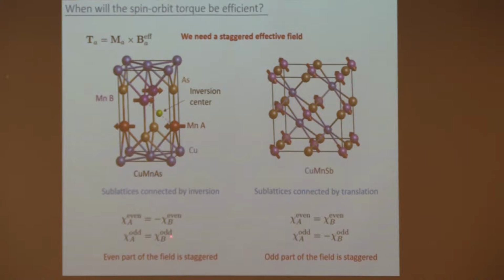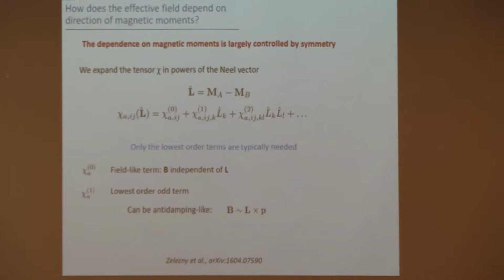And I will talk more about how the even and odd part typically look, but you already see that this is quite different from ferromagnets, because in ferromagnets you would have both of these contributions. In antiferromagnets you also have both of these contributions, but only one of them will be efficient, the other will have almost no effect on the magnetic order. And so, the last thing we want to understand is how,